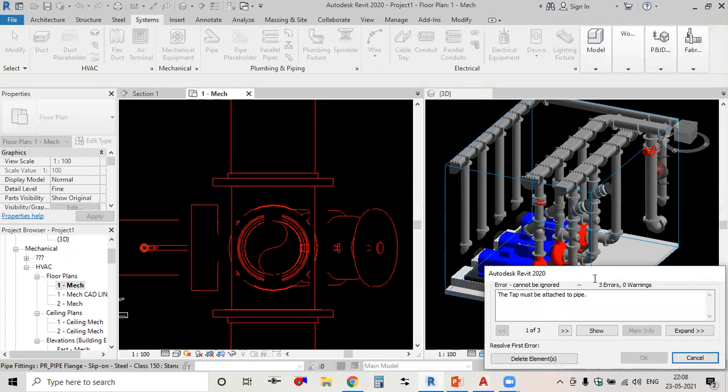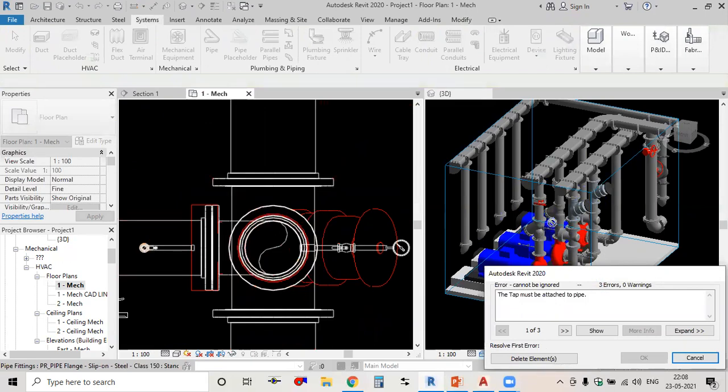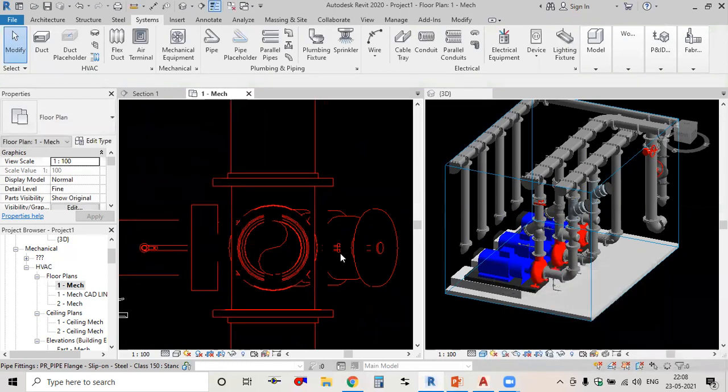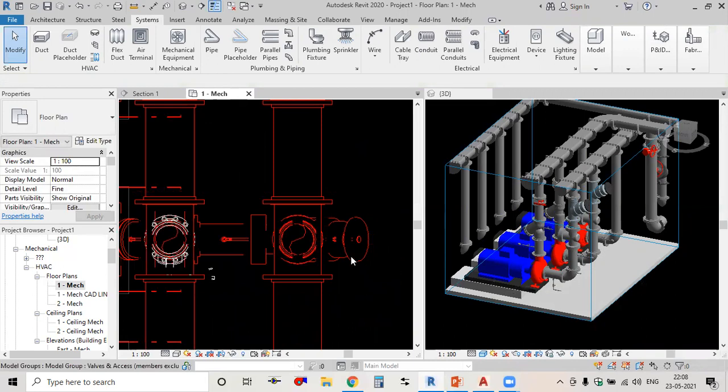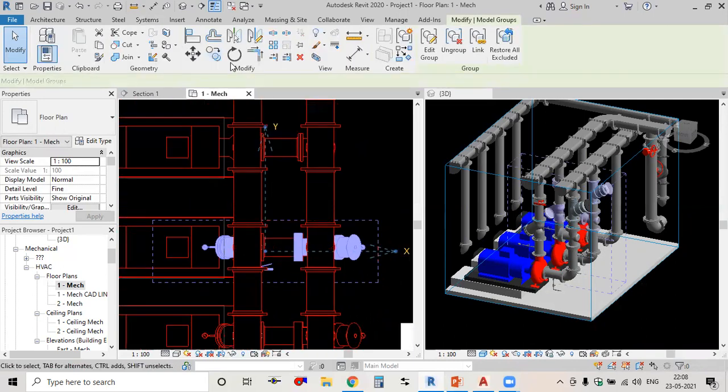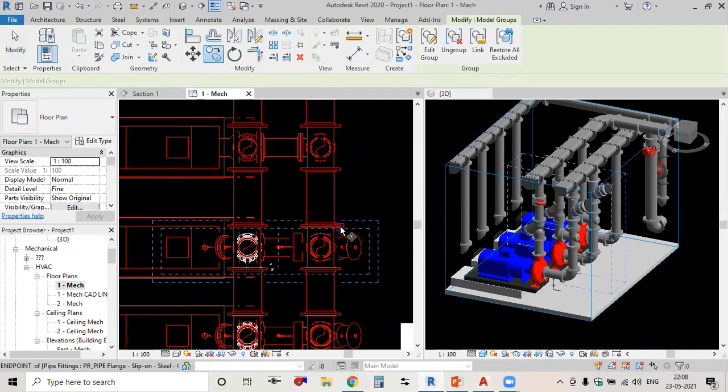Tap. Actually, this tapping will not be copied. I'll show you the tapping which we have done for the pressure gauges, the bell valve. So that tapping will not be kept, so you can delete that. That can only be done manually. Okay. Again, select this. Copy.